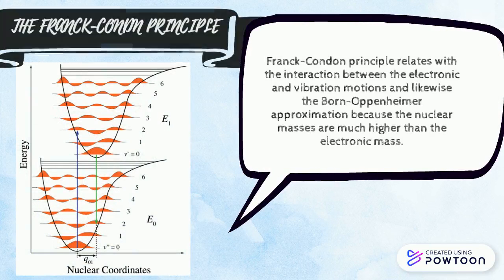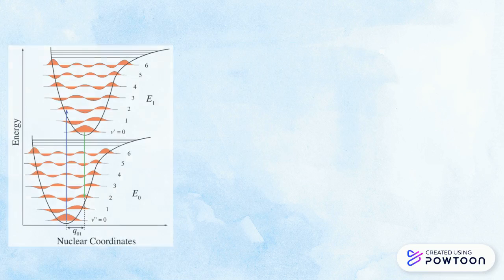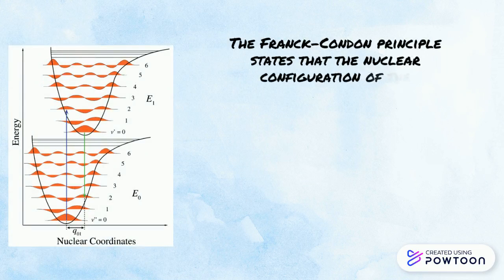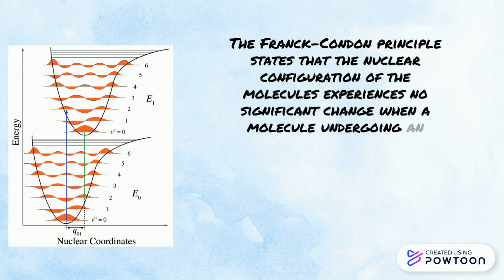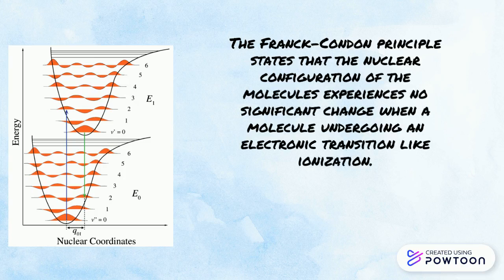The Frank-Condon principle is related to the interaction between the electronic and vibrational motion, and likewise the Born-Oppenheimer approximation, because the nuclear masses are higher than the electronic masses. This principle states that the nuclear configuration of the molecule experiences no significant change when a molecule undergoes an electronic transition like ionization, because the nuclei are much more massive than electrons and the electronic transition happens faster than nuclei